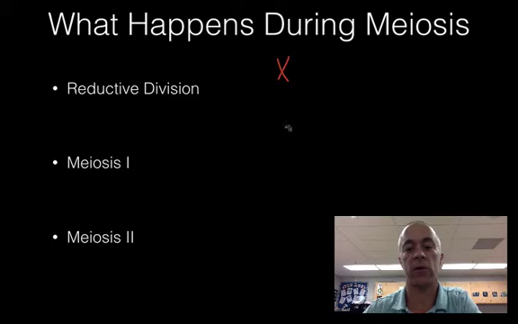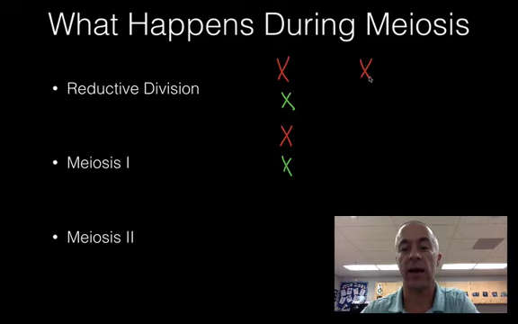So here's chromosome 1, here's chromosome 2, here's chromosome 1, here's chromosome 2. So again, these 2 are from my mom, these 2 are from my dad. In meiosis, instead of lining up like that, they're going to line up like this. They're going to line up side by side, and they're actually going to be touching each other, which doesn't happen